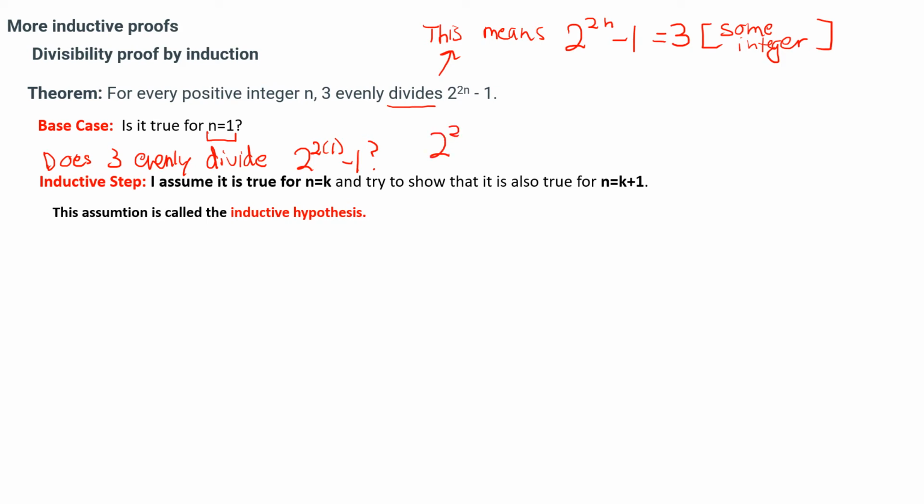2 to the 2 times 1 minus 1 is equal to 2 squared minus 1, which is equal to 4 minus 1, which is equal to 3. So does 3 divide that? Yes, because it's equal to 3. 3 divides 3. So it's true